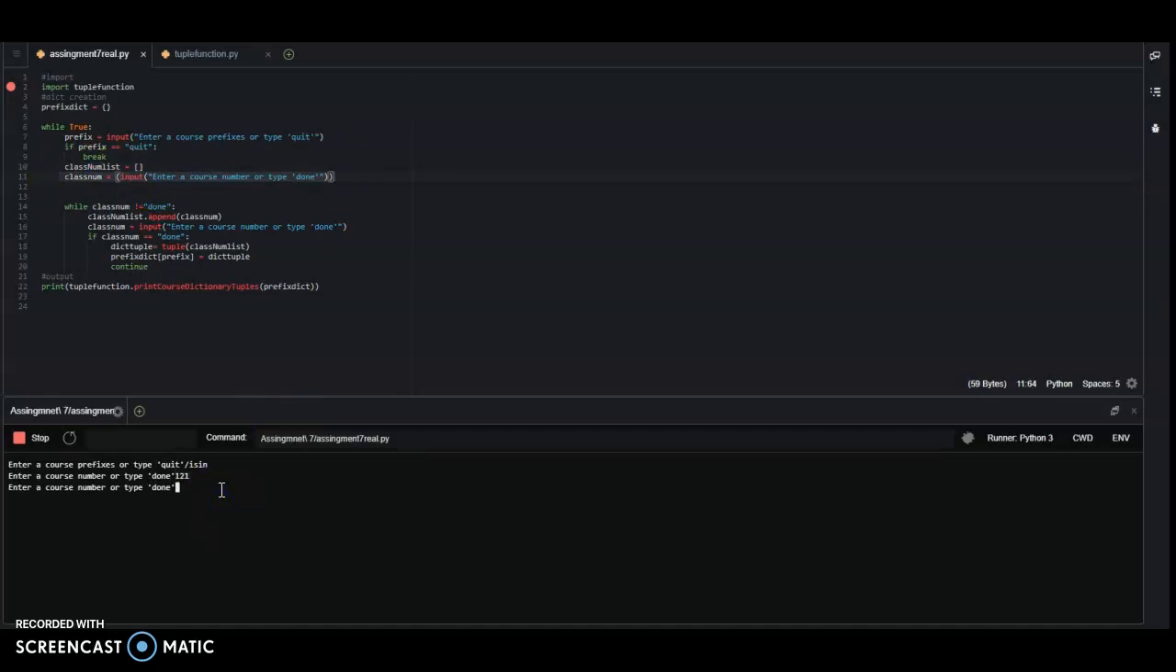And then it keeps asking me that until, since I typed in 121, it moves down to this while loop, which will stay here while my class number does not equal done. So each number I add to this list, it will keep going around the cycle. So this will append to this list I created up here. But when I type done,